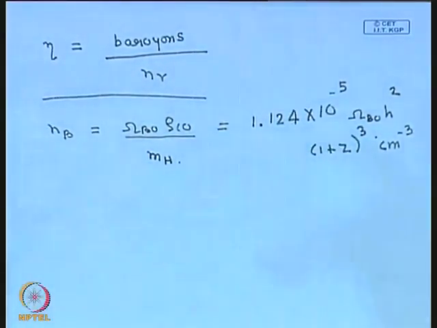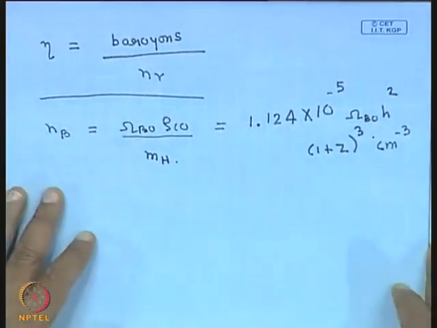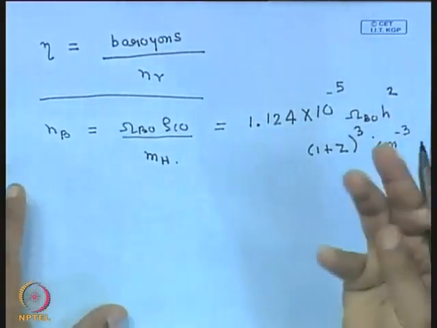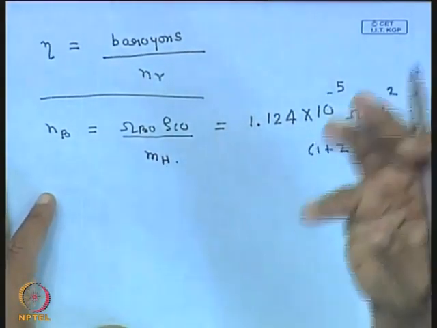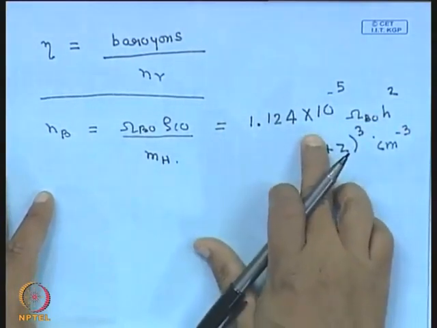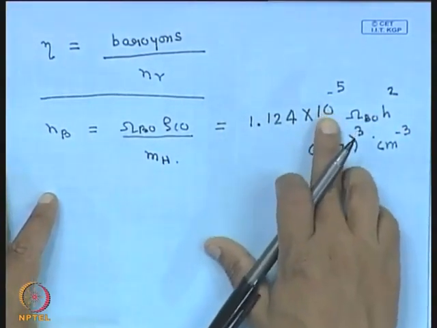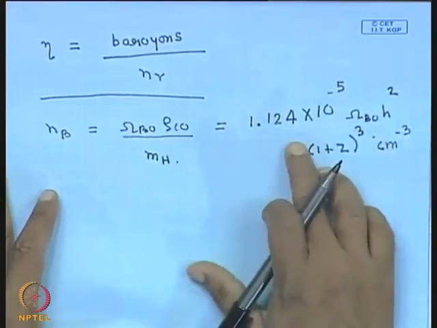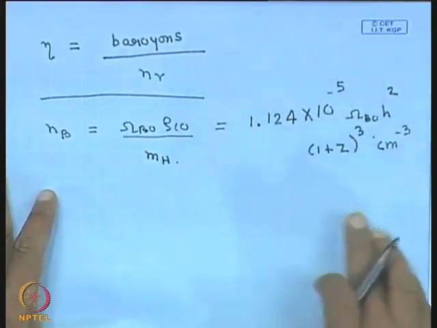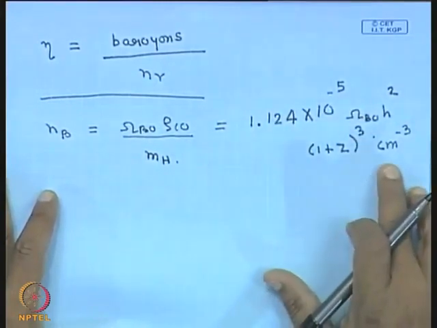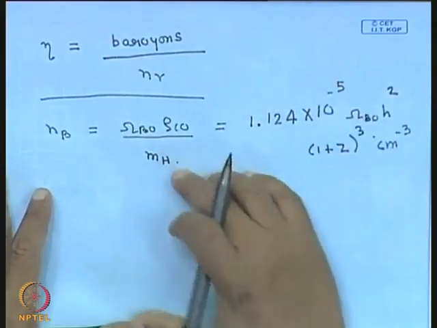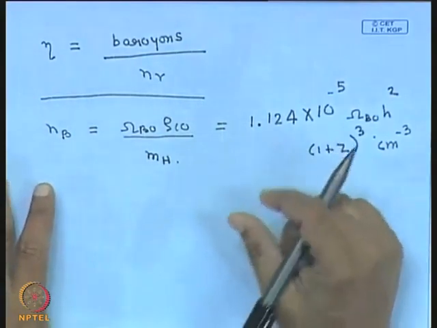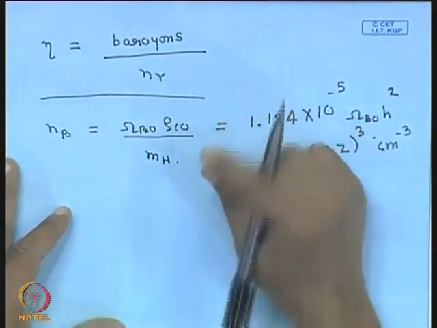The matter that we see around us is all made up of baryons: this paper, pen, hands, everything, protons and neutrons. So the mean density in the universe is of the order of 10 to the power minus 7, because I have told you this is of the order of 0.02. So obviously these are not representative parts of the universe, they are much denser, whereas CMBR photons, there are 420 of them in 1 centimeter cubed.